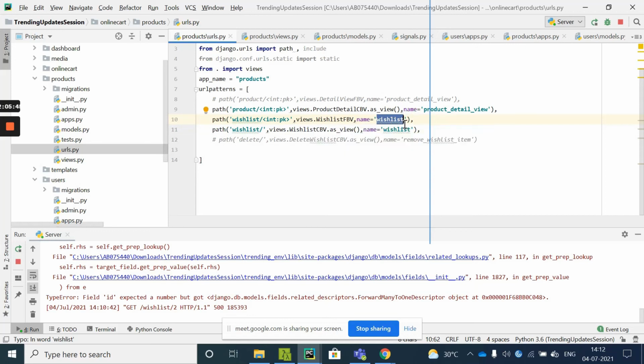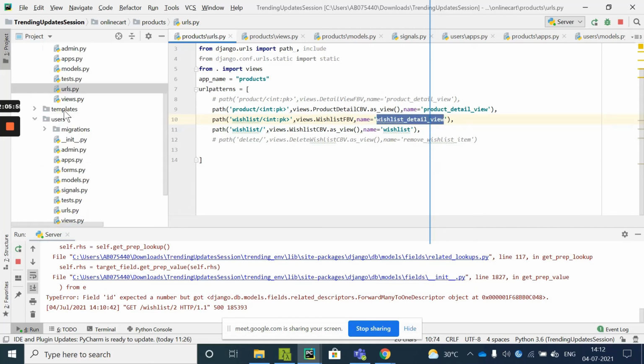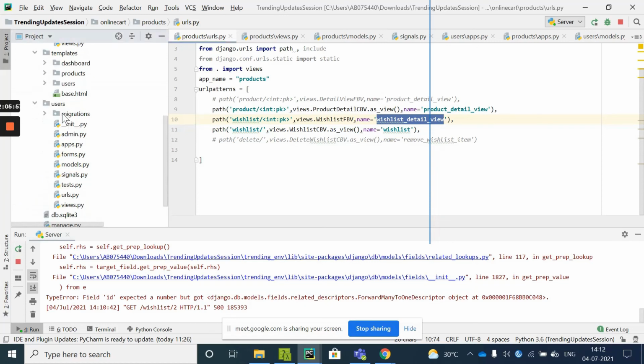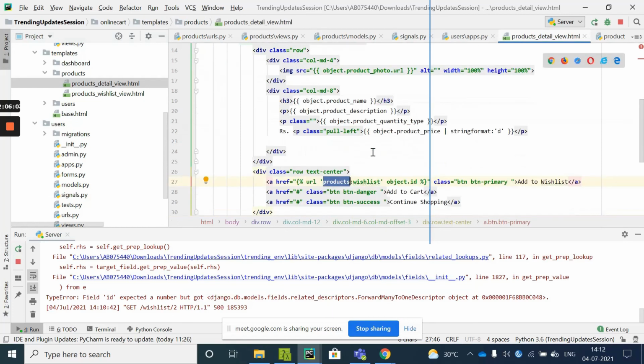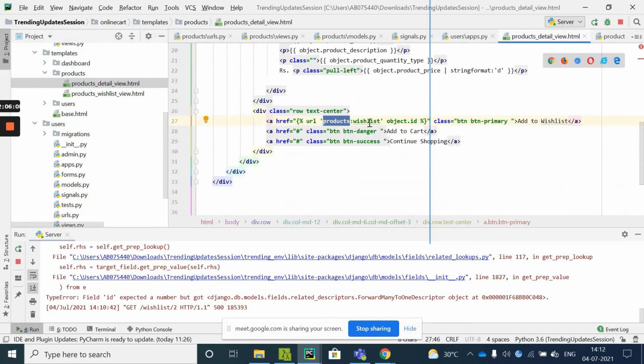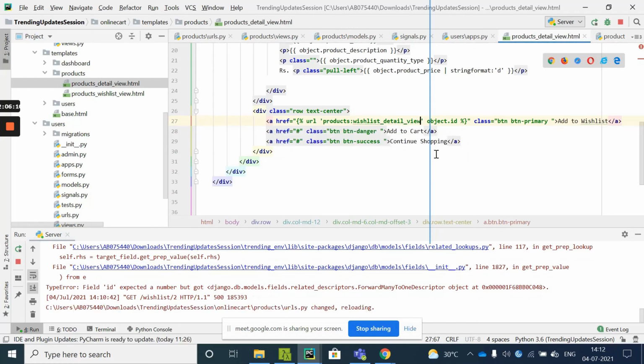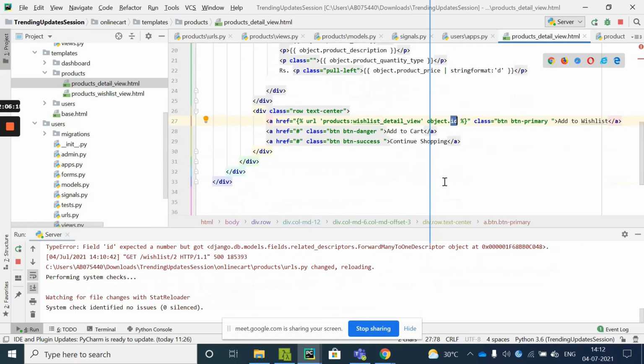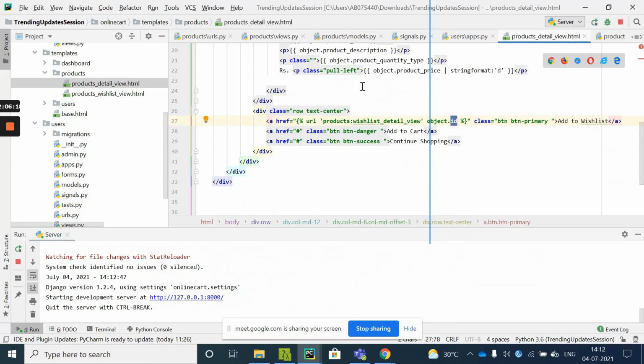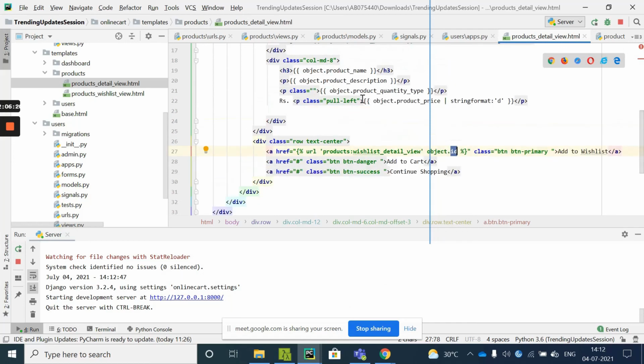Detail, inside the templates detail view page, you are supposed to add it to the wish list. I'll have it as wish list because this was giving me a trouble. Object dot id, not object dot id, object dot.